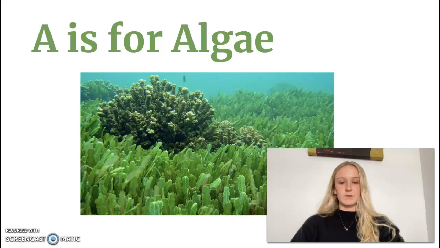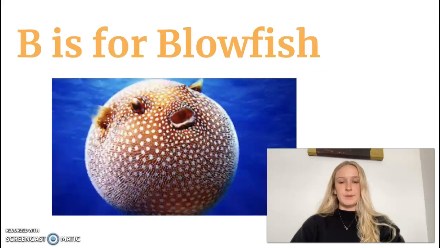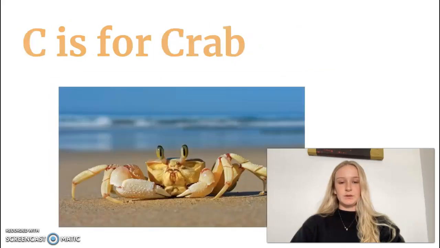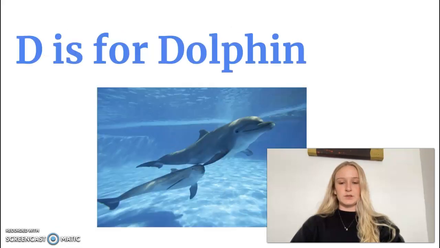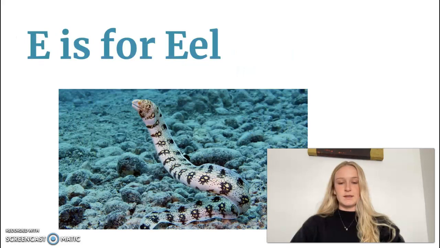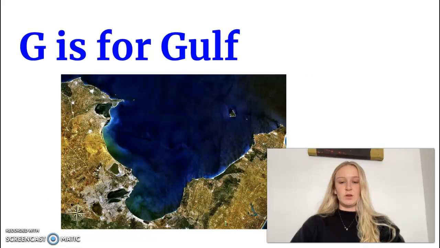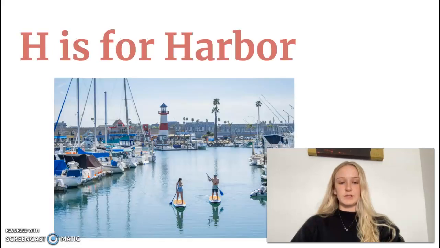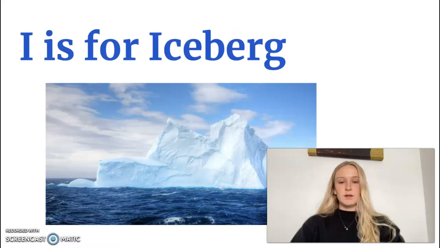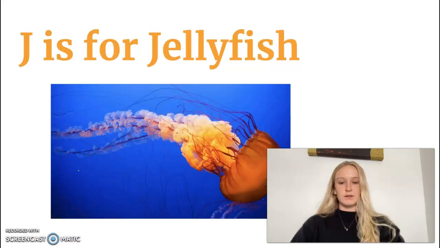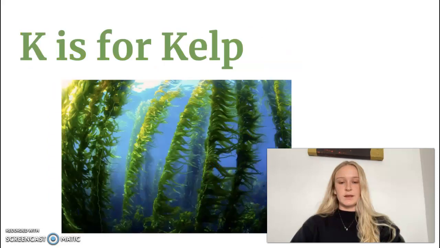First we have A is for algae, B is for blowfish, C is for crab, D is for dolphin, E is for eel, F is for fish, G is for golf, H is for harbor, I is for iceberg, J is for jellyfish, K is for kelp,